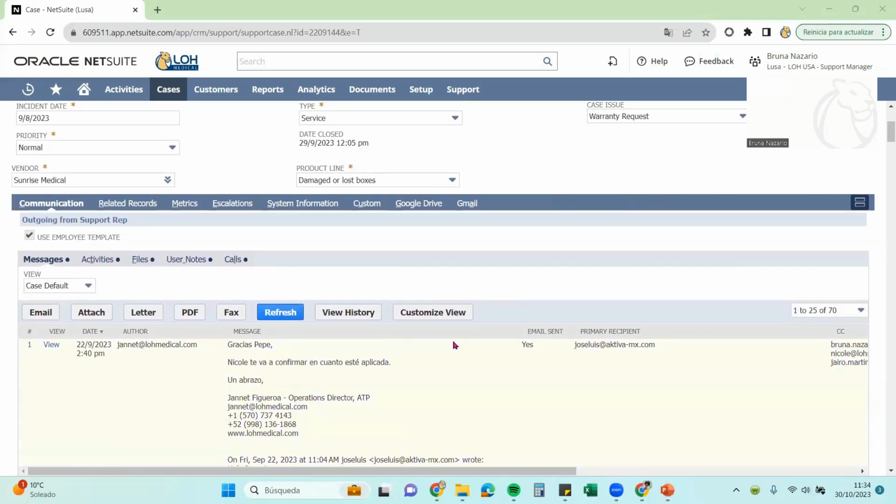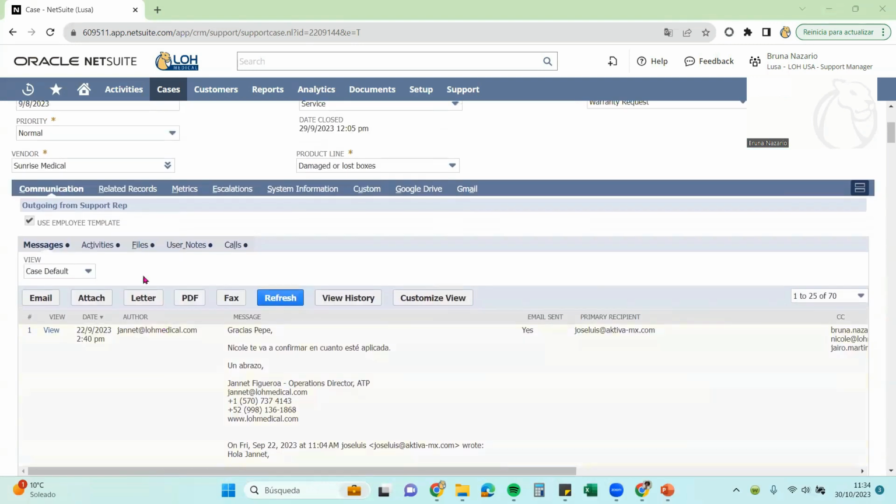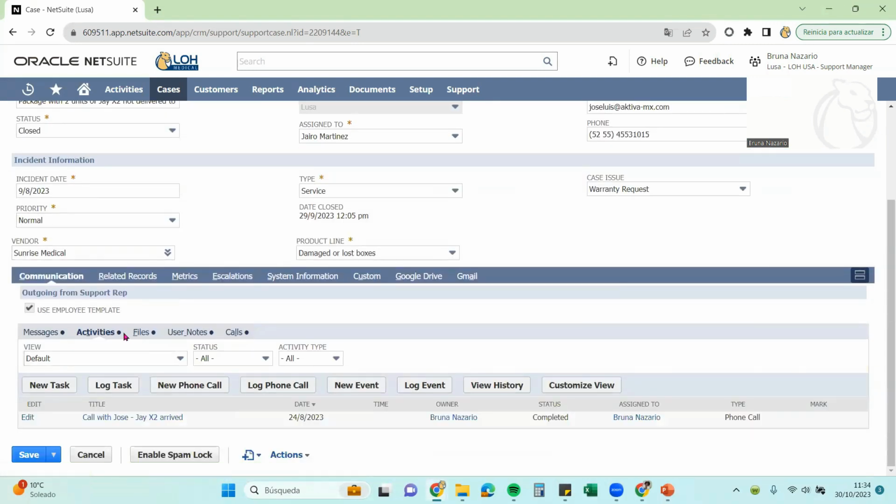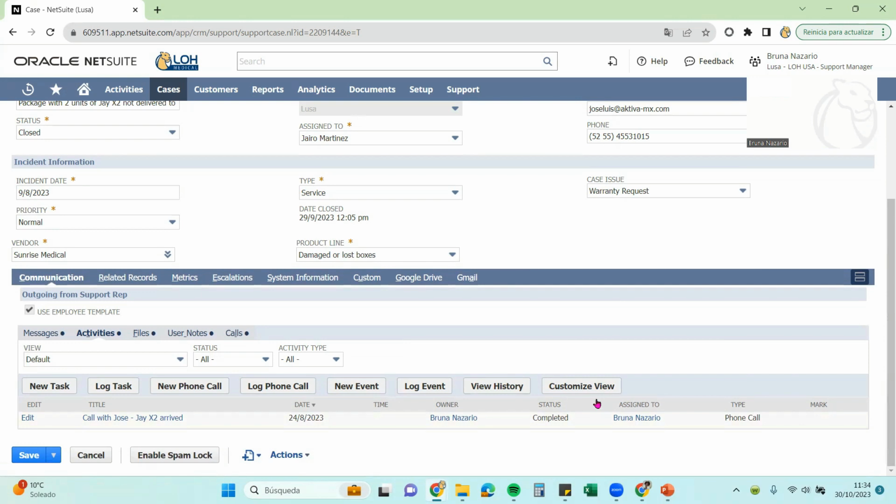In the Activities part, you will find information such as phone calls, which is right here. In this case, Heido had a phone call with Jose. You can also find a video conference, task, or any activity that happened during the process. Here you can see that during the process, we have a call with the client to confirm if the package